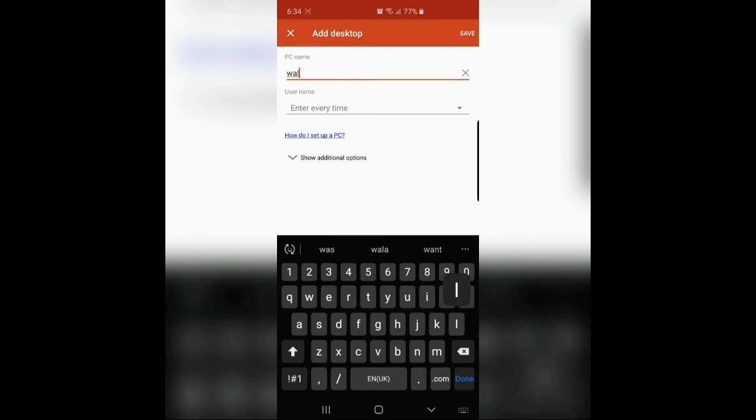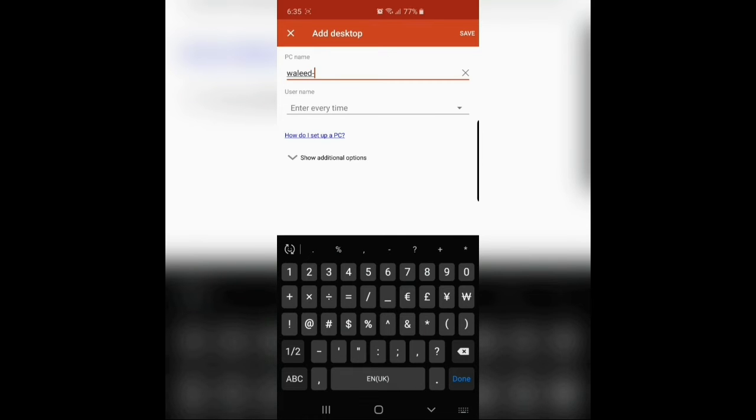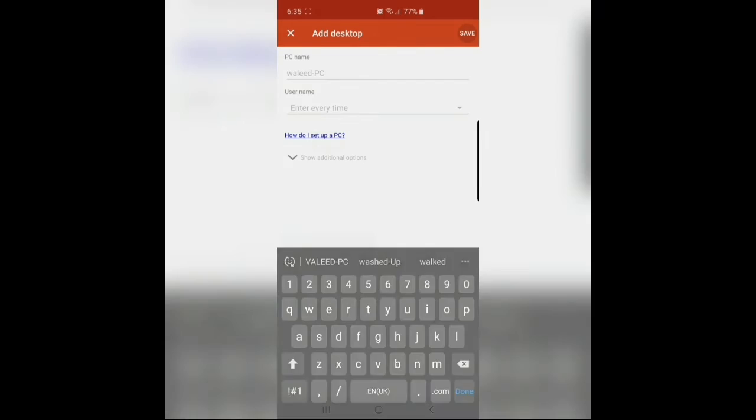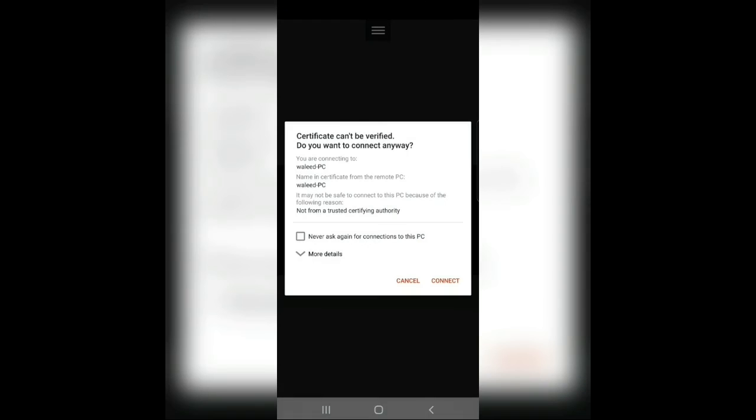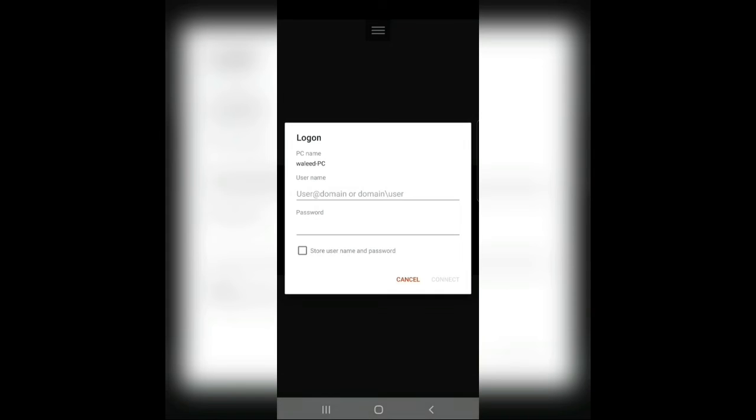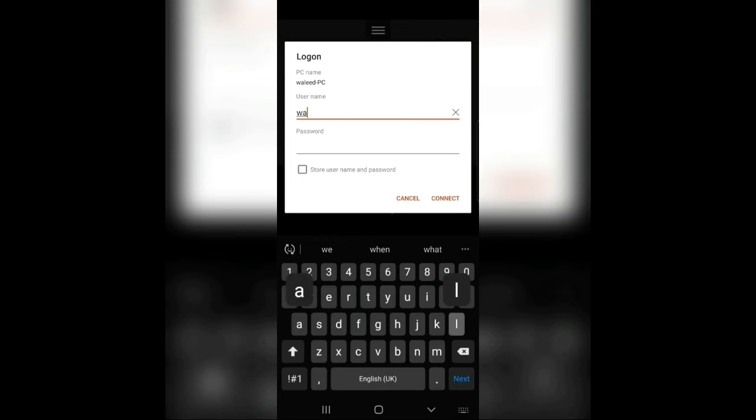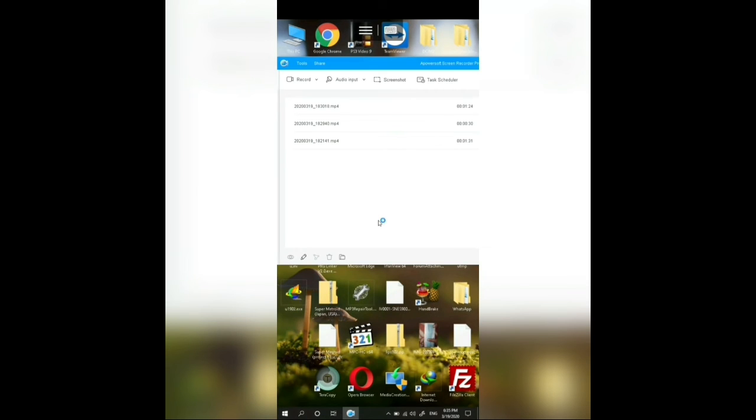So I'm going to type my PC's name here, save, and I'm going to touch it, connect. It's asking for the credentials of my PC. I'm going to add them, and there you go. Hey, you can see I can use my PC on my phone,